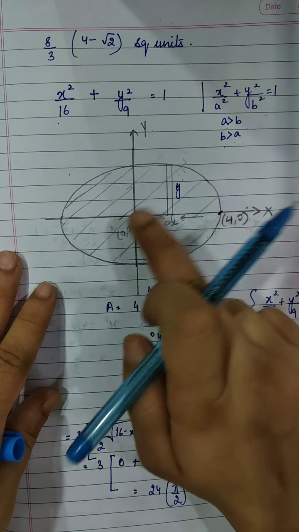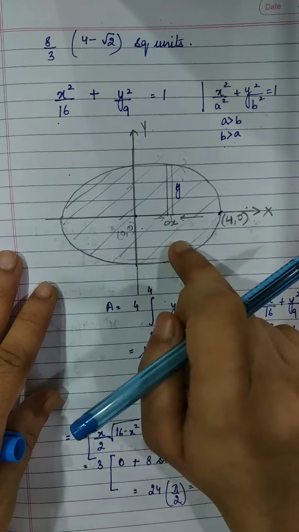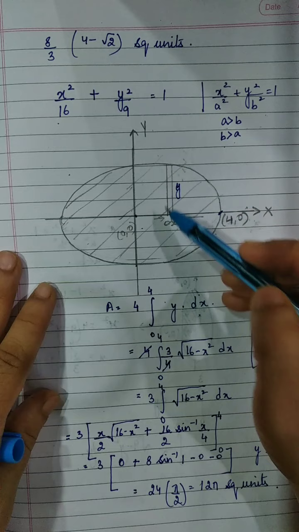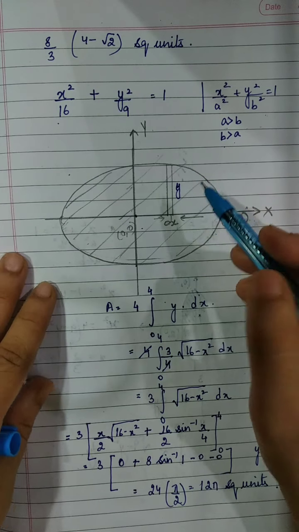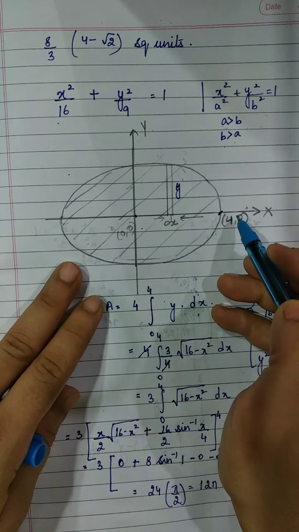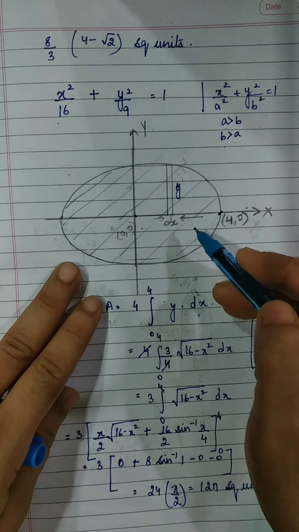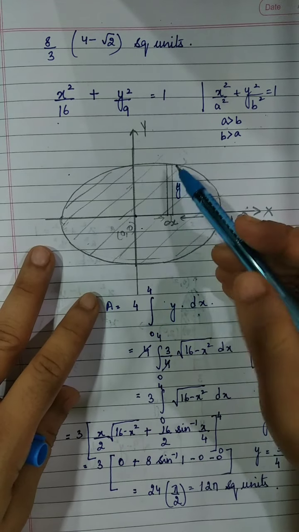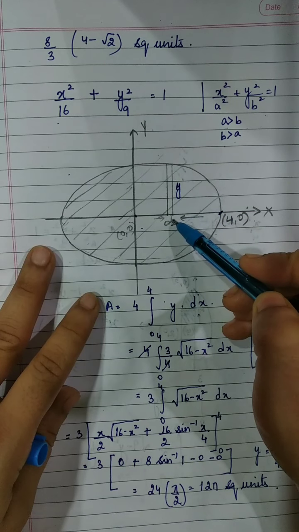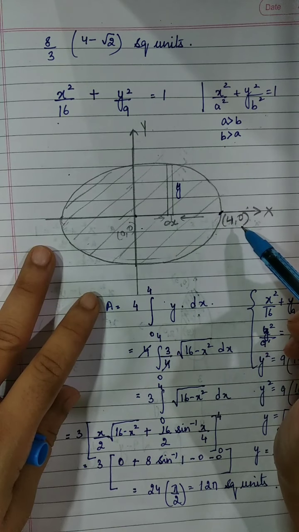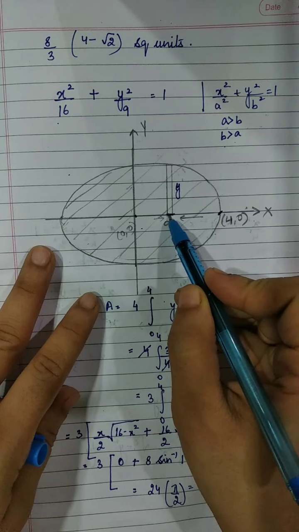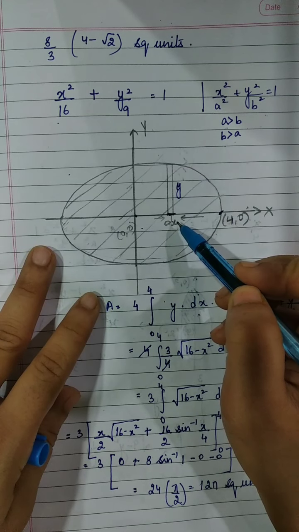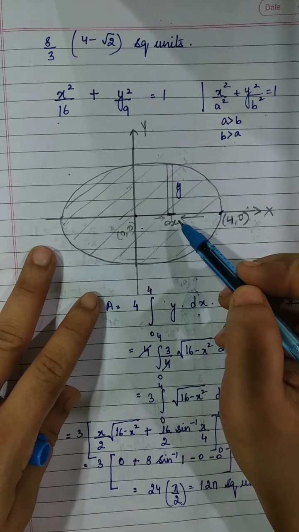Okay, why? Because it's a symmetric figure across the origin, right? Now, I have another way of doing it: I find out the area in the first quadrant and add it up 4 times. Adding up 4 times means I'll multiply it with 4. So if I take this particular strip along the x-axis, remember this width would be dx, this length would be parallel to the y-axis, so it will be taken as y.